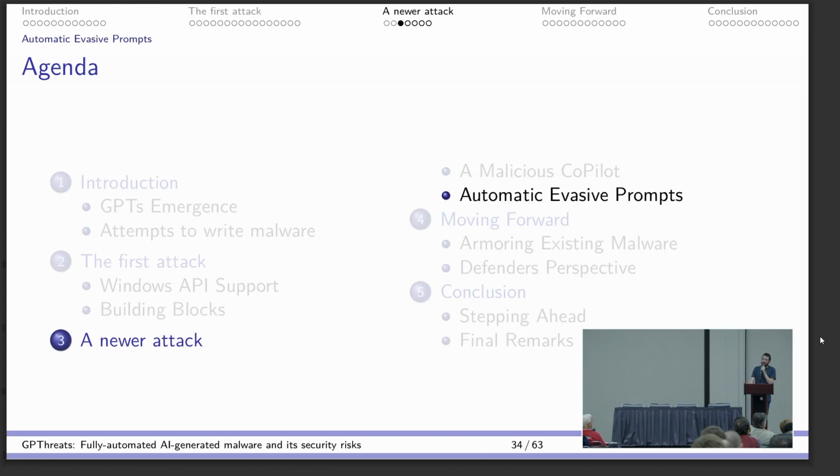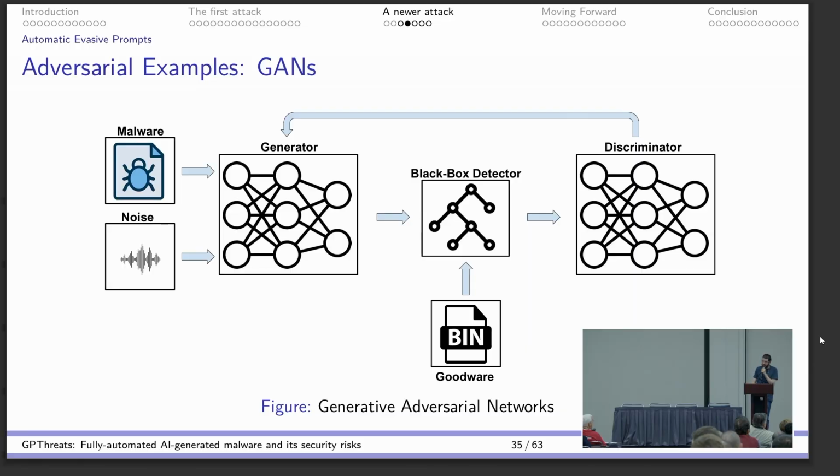Okay, we are talking about automation. So what else can we automate? What other drawbacks? Another drawback is the prompt generation, because we need to have the prompts to create the building blocks. But what if we could eliminate the prompts? What if these prompts could also be generated automatically? Then I have to present you something called GANs, the Generative Adversarial Networks. These were the state of the art in generative AI before the LLMs, right? If you don't know what a GAN is,